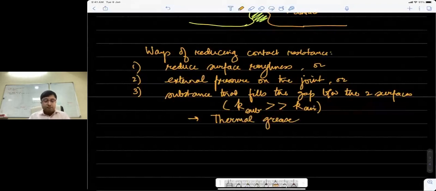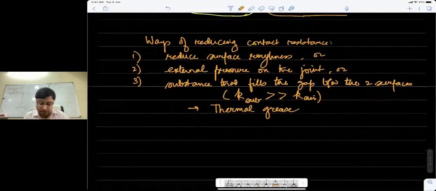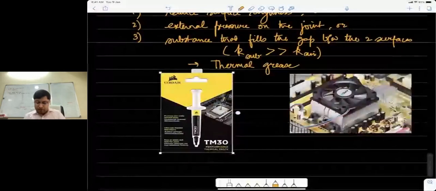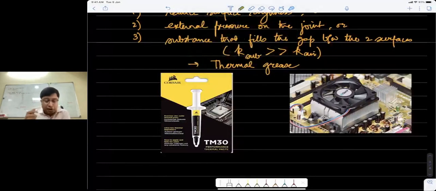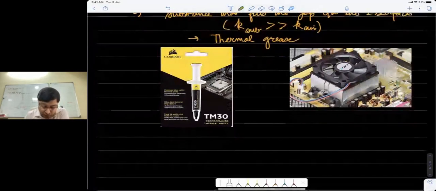And this is typically a silicon based thermal paste which you apply between a processor and the heat sink. So let me just show you a picture of this. Okay, so this is what I'm saying. So you have a thermal paste. When you're making these microprocessors, or when you're assembling a computer, you may come across this thing in a syringe which you can put on top of the microprocessor as they're doing it here. So it's spread out on the top of the plate of the microprocessor.